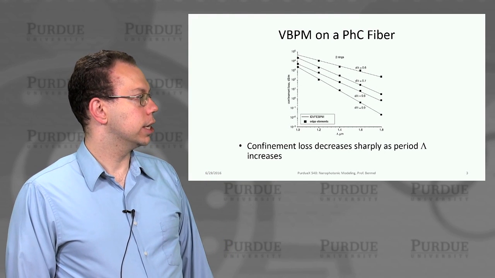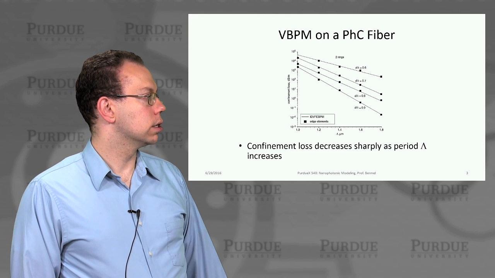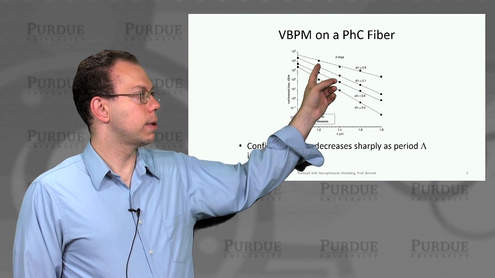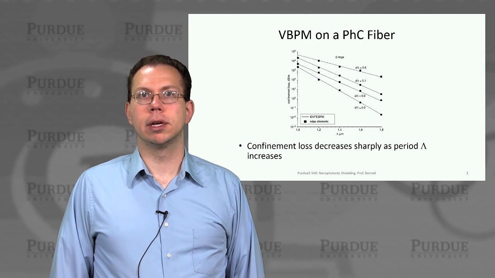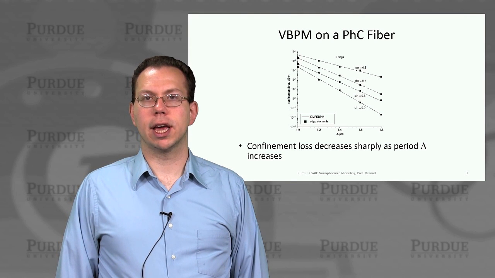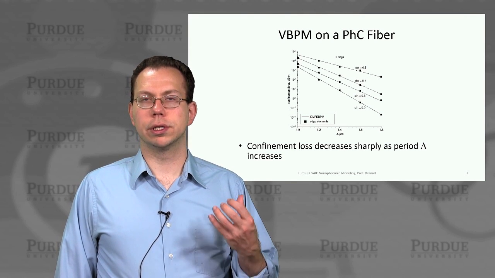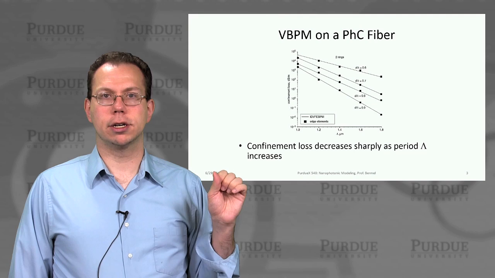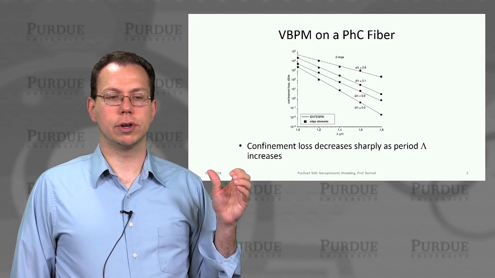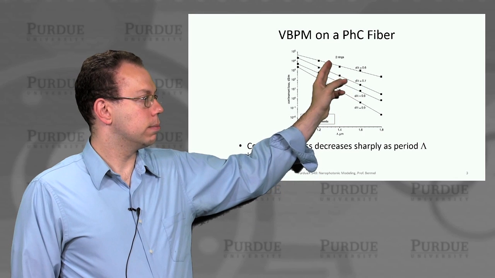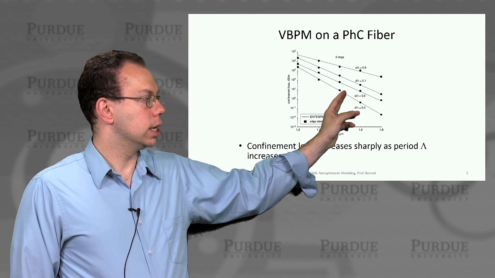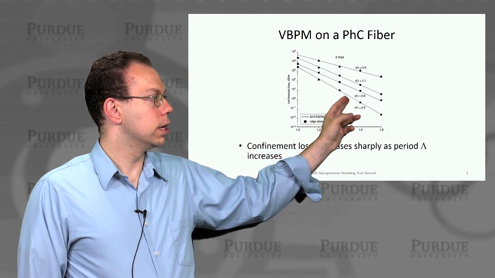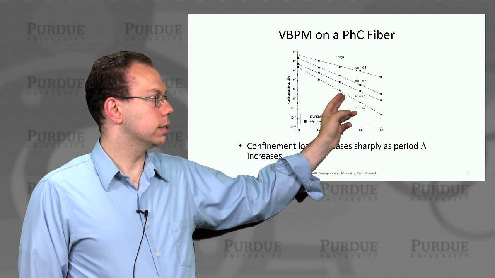And then this is actually an example of the overall confinement loss as a function of wavelength for different parameter values. And remember that d over capital lambda tells you the ratio of the diameter of the air holes that are extended into cylinders in the photonic crystal fiber compared to the periodicity or spacing between them. And so you can see that as the amount of air holes actually increases in volume by basically a larger d over lambda value, then the confinement loss actually decreases quite substantially.